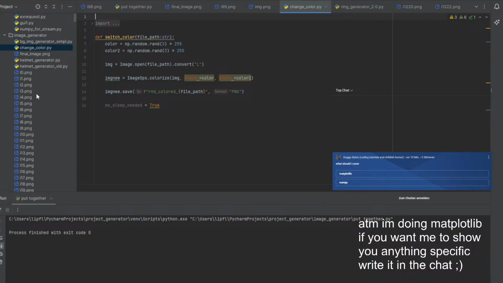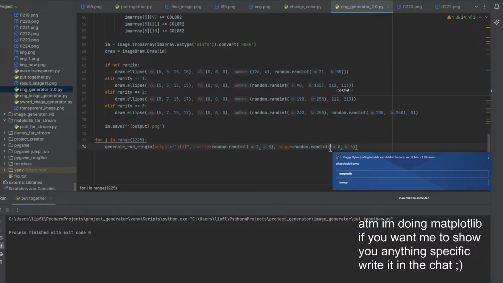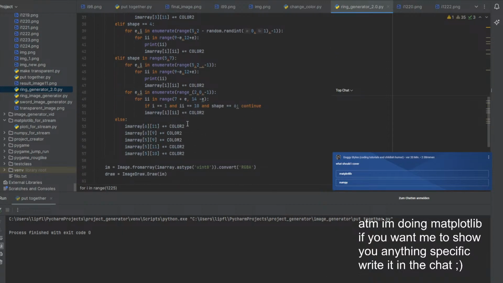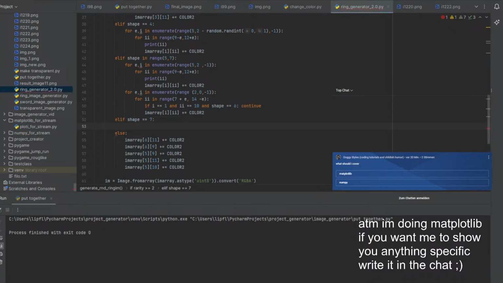Let's see, change wing generator. Now shape will be, let's comment this one out. So shape will be 7. Okay, and now let's define the 7 one. Shouldn't be that hard. Now if shape, else if shape equals 7. Now we want it first is